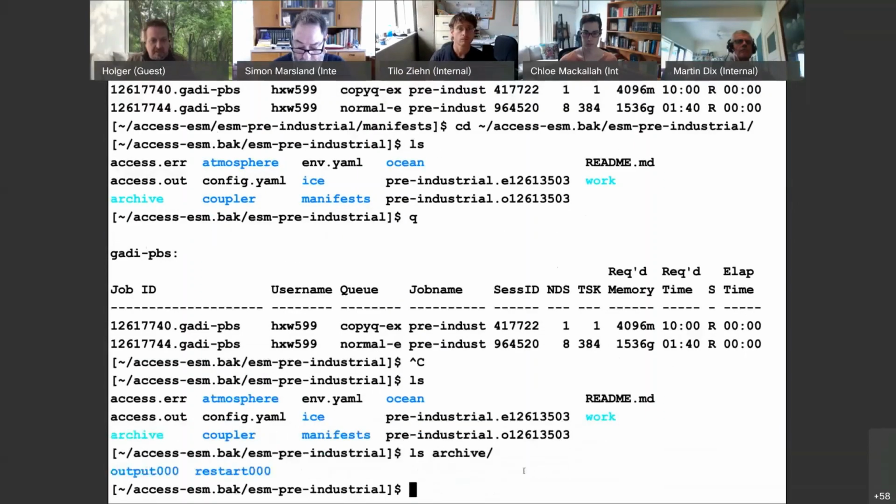And you can see that there is restart 000. This is what tells PayU. Not only are the restart dumps in there, but this also tells PayU how far into the job you are already. So it looks for the latest one there, and that is where it will run from the next time. And then